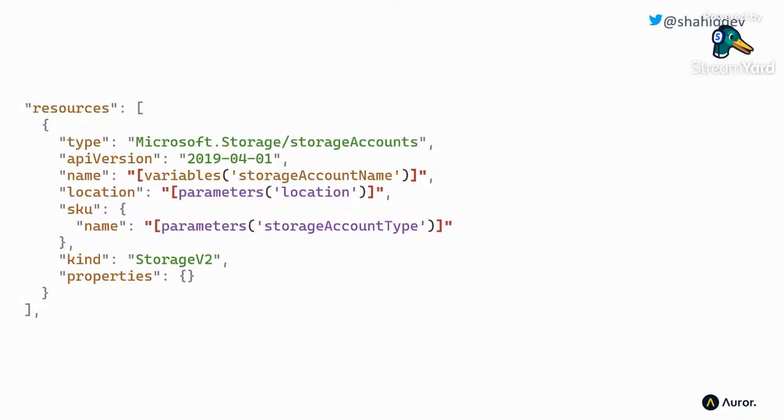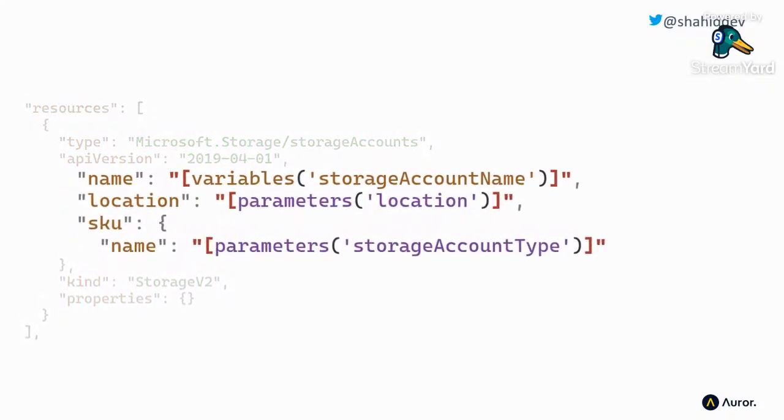So once we've got that, we can go ahead and create a storage account. Now, the specifics here don't matter too much. All I'm really trying to drive home is, one, how verbose it is, but also there's more and more of this weird syntax starting to appear. So now we're referencing a variable, storage account, and we're looking at parameters called location and another parameter. So now we're seeing more and more of these parentheses here that aren't normal, not something I would expect in normal JSON.